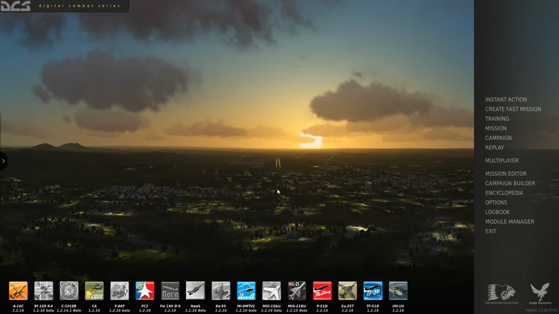This will be number 3 in the series of DCS World Mission Editing, and we'll be placing units and looking at the trigger list inside Mission Editor. So let's get started. Mission Editor,